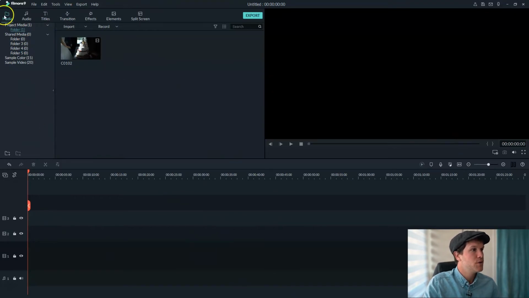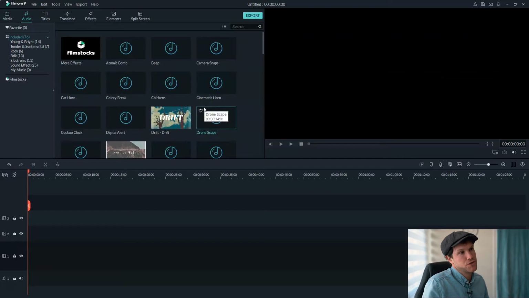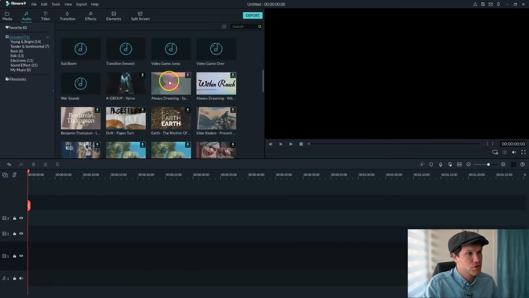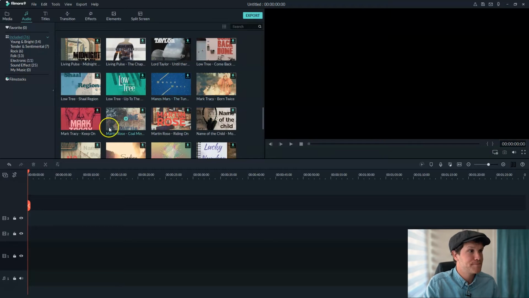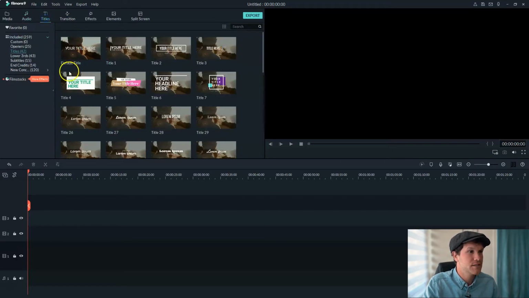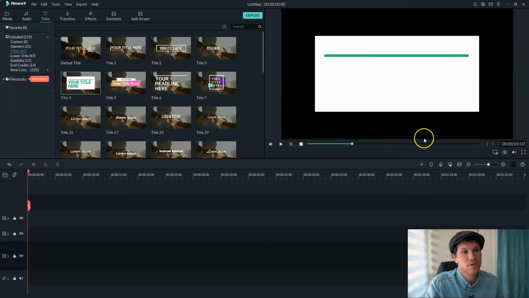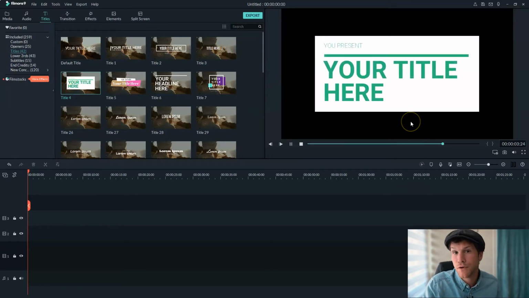You see we have the media folder, you can import your media files, and we have an audio folder, and Filmora gives you something extra. They will give you some sound effects that you can use for your video. And we have titles, and guys, they already created really cool titles for you. You don't need to create it yourself, you don't need to animate it yourself, you don't need to put in the hard work. They made it really simple for you, and they did the job really good. Because, for example, if I want to use this title right here,